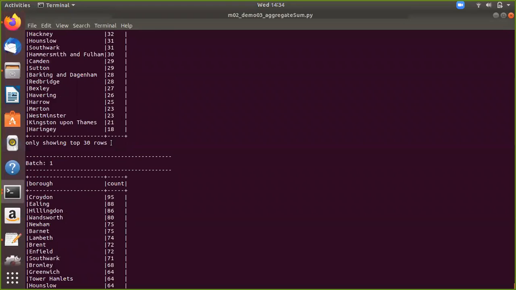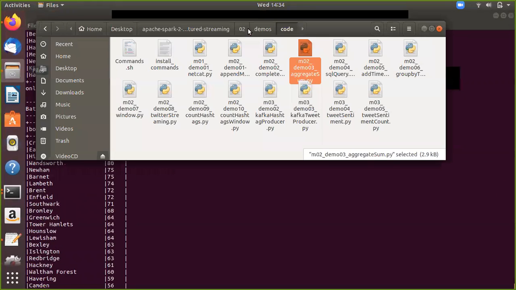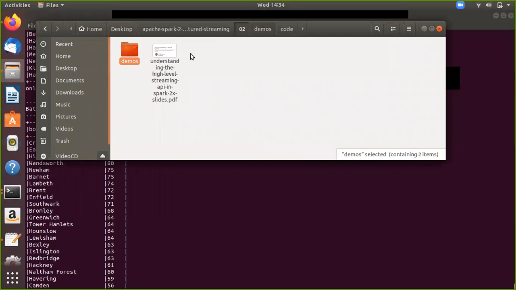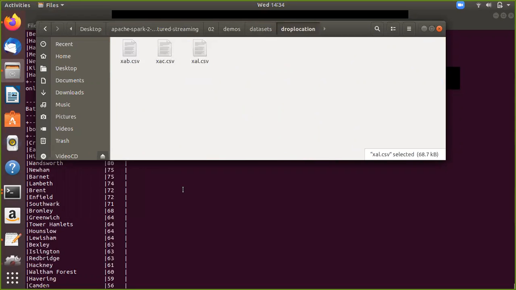Okay. So once I push the file again, it will keep on printing the aggregated output again in the different batches. So batch 0, batch 1 is completed. Now I can push one more file into this. Copy. So the next file is pushed. So we can wait for this and see.